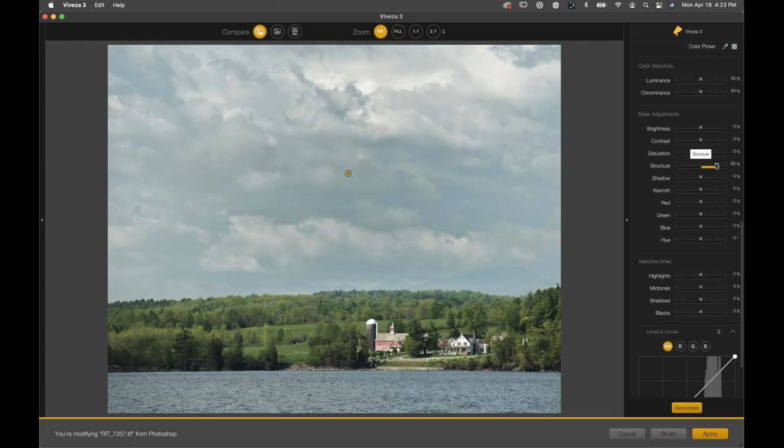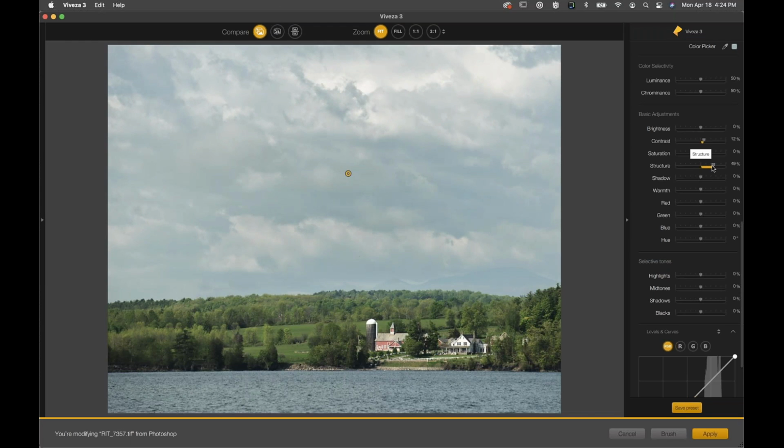So in this case, as I move into this structure slider and I start to bring out some of the structure within the clouds, a little bit of texture here, maybe increase a little bit of contrast, now we're getting a little bit more oomph out of our clouds. I can easily take my structure up too high, although maybe that's appropriate in some different images. I think that it doesn't work as well for this photograph. I think it just starts to look a little bit out of balance. So I'm going to dial my structure back a little bit, maybe put this at about 40% or 50%,